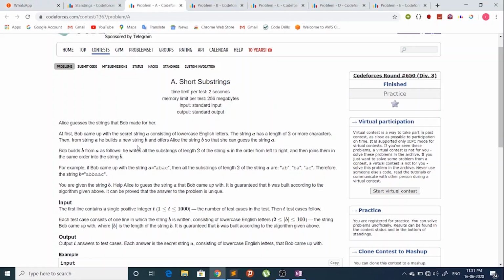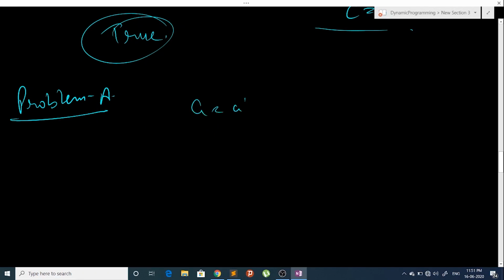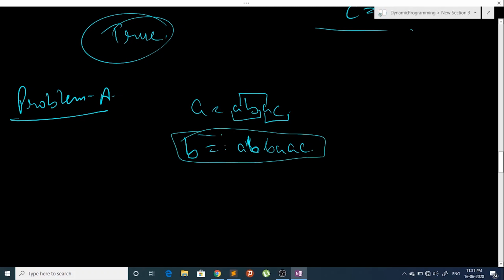For example, if A is A, B, A, C, our string B will be formed by taking this 2-length substring, then this 2-length substring, and then this 2-length substring. Now we are given this string and we have to find A from it.